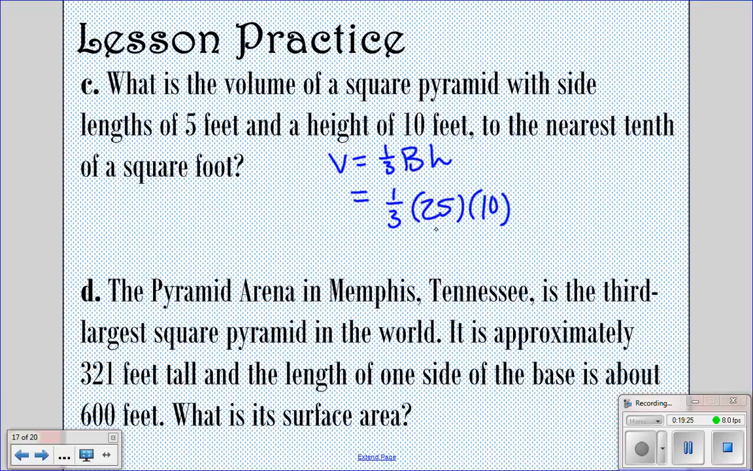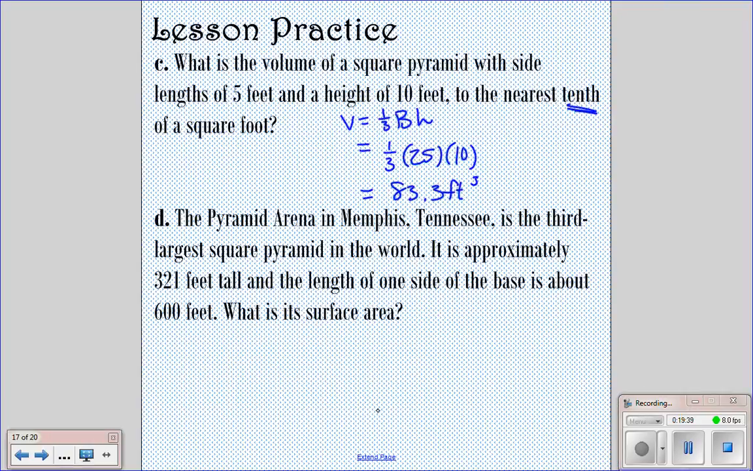So if you multiply that and then divide by 3, you're going to get 83.3 feet cubed, and it was to the nearest 10th, and so that's why we go to 1 decimal place there. Looking at the next one, we have a pyramid that is 321 feet tall, and the base length is about 600, and it wants to find the surface area. So our surface area formula is the lateral